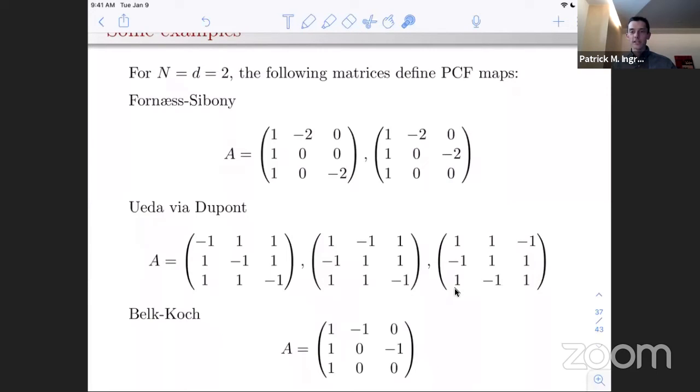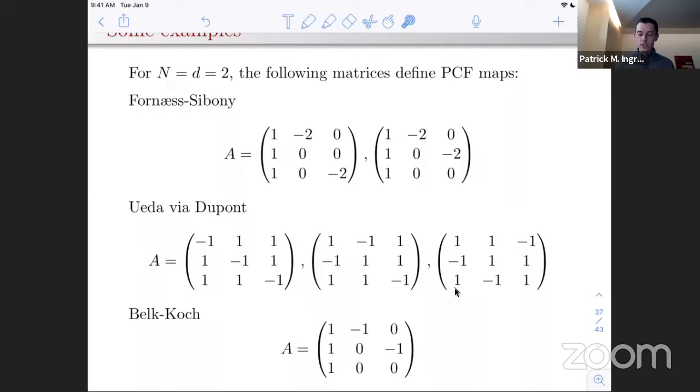One thing I'll mention is that there should be a 4th example here. In fact, all of these examples have the peculiar property that if you follow them up with any row permutation, you still have a PCF example. And they're dynamically different, but there is a 4th one here. I mean, there should be 6 because there are 6 ways of ordering the rows, but some of them are related by change of coordinates.